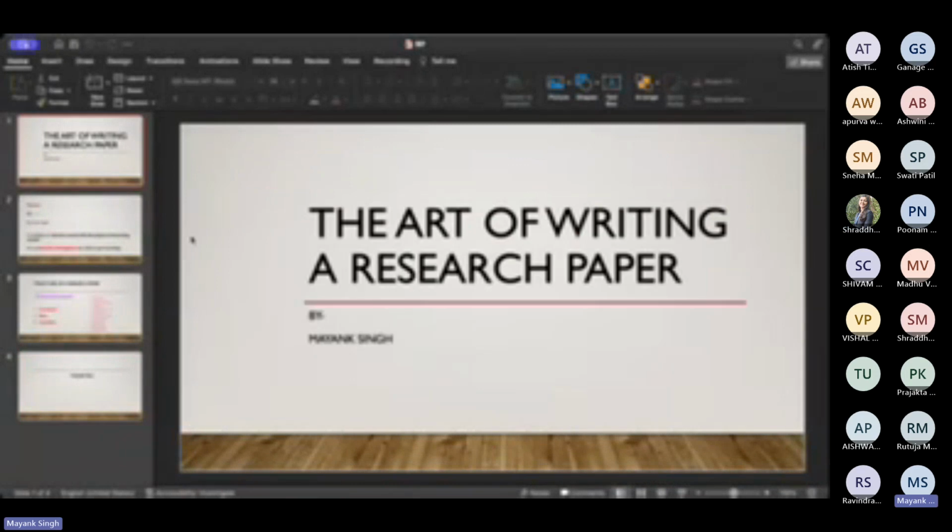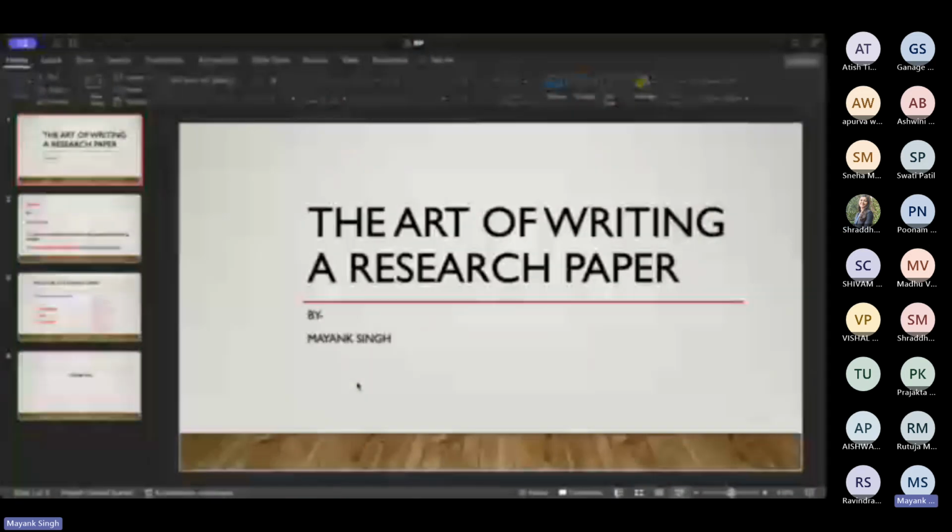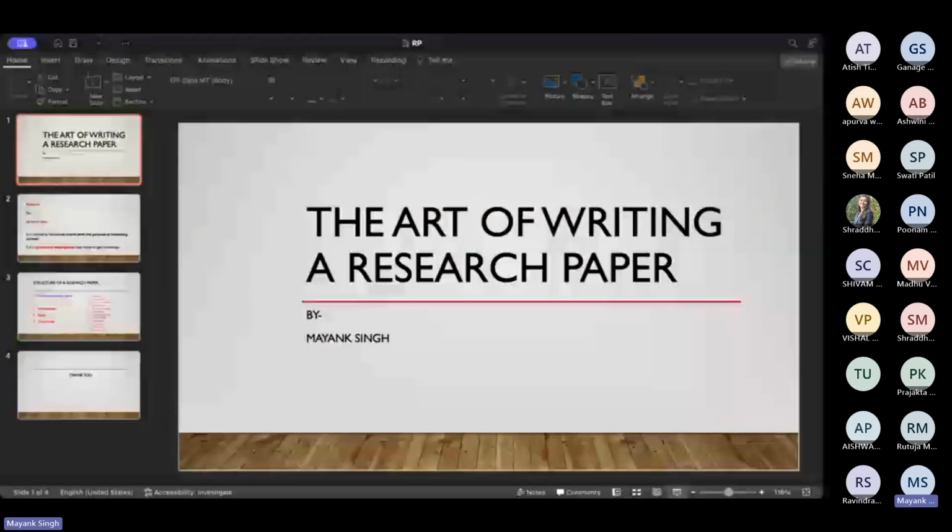Okay. So the art of writing a research paper, it is really an art. I'm not sharing any secret that if you do this and do that, you will be able to write a good research paper. I'm just going into the insight of what the basic elements are in a research paper, how to choose a topic, how to collect data, and how to publish a paper, and most importantly,